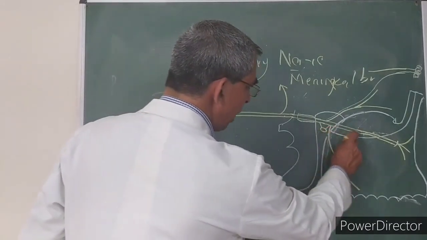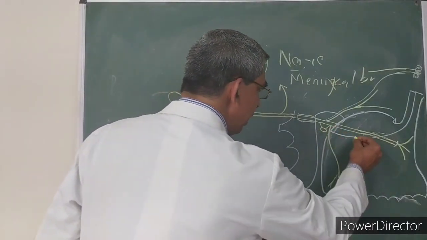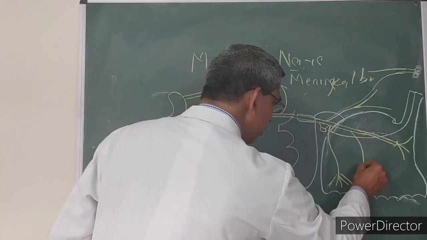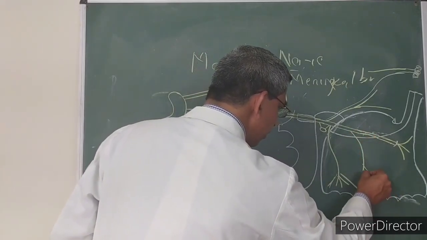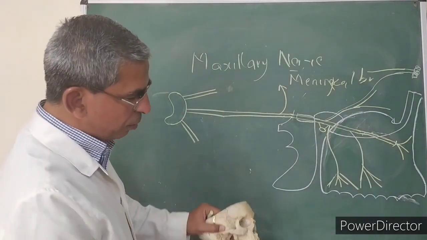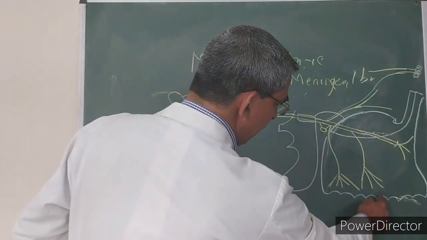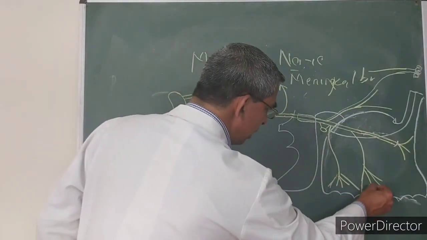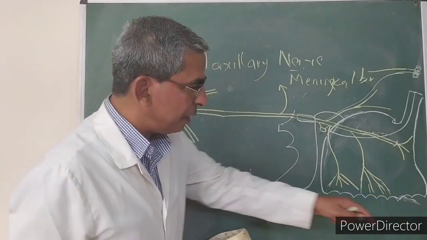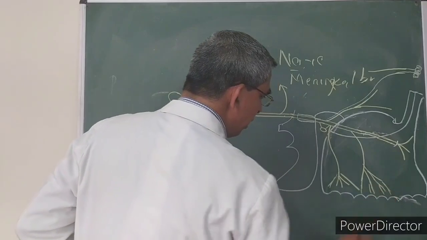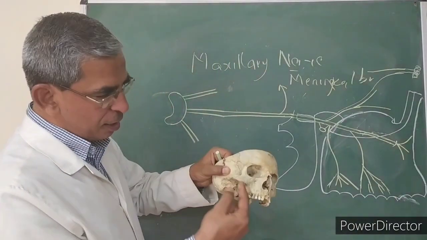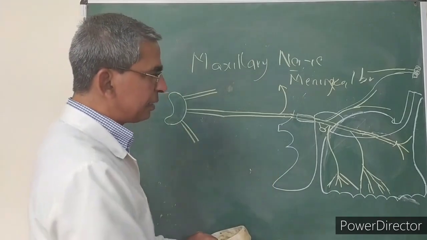Okay. Then when this nerve passes through the infraorbital groove, it gives off the middle superior alveolar nerve. This middle superior alveolar nerve runs on the lateral wall of the maxilla bone, passes anteriorly, and divides into branches which supply the premolar and the incisor teeth. So this is the middle superior alveolar, and this branch also supplies the mucous membrane of the maxillary air sinus.